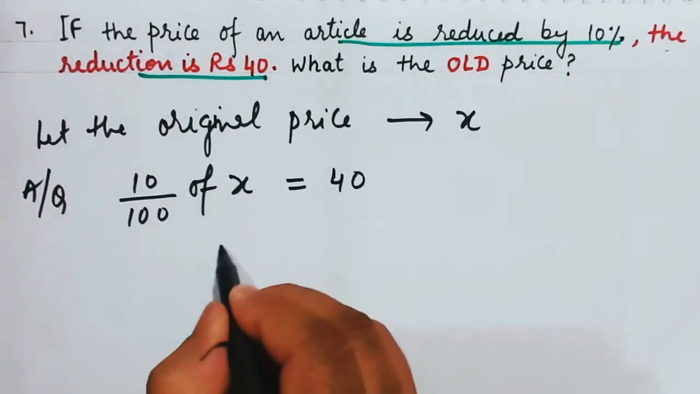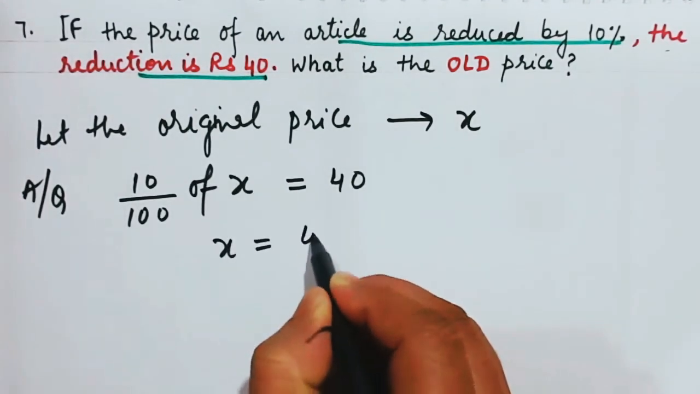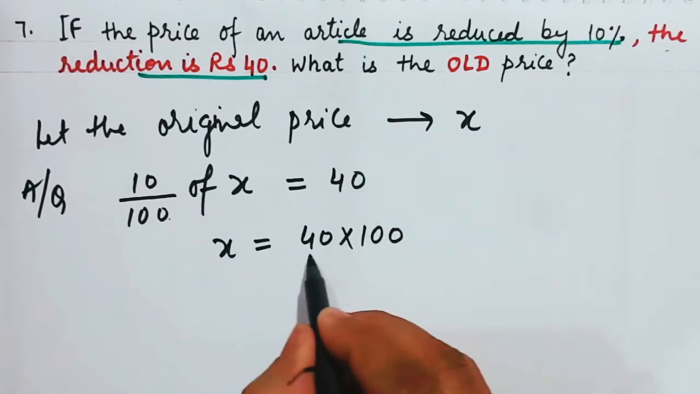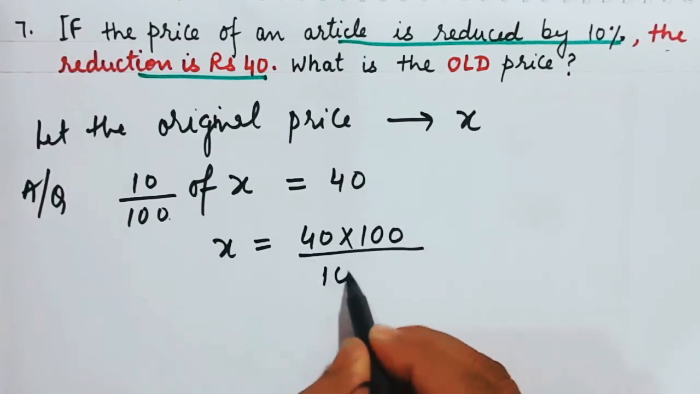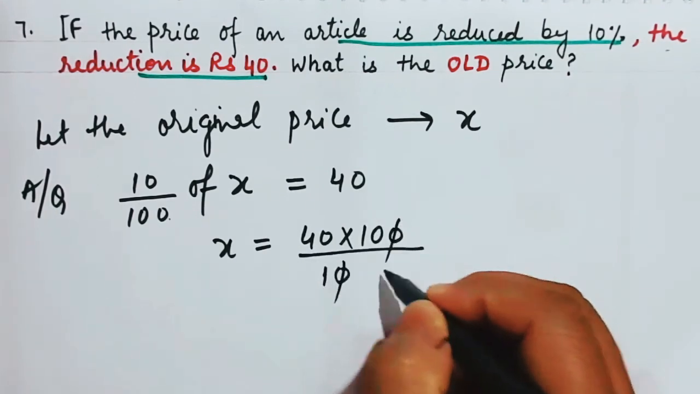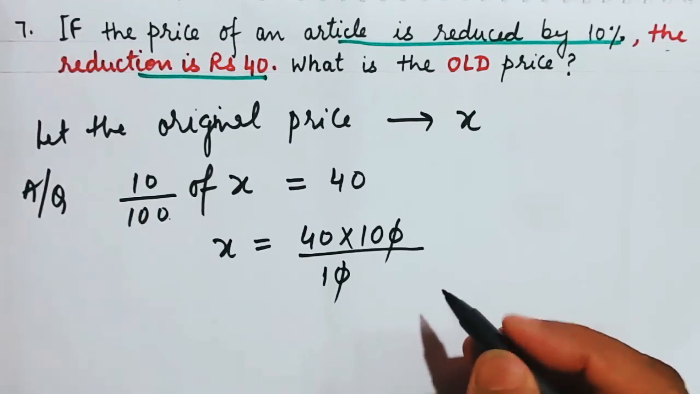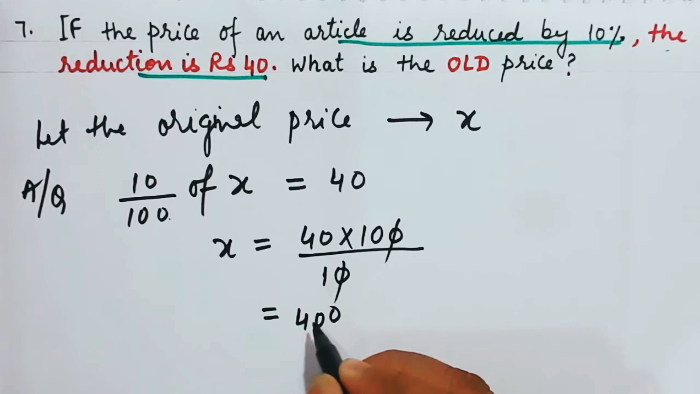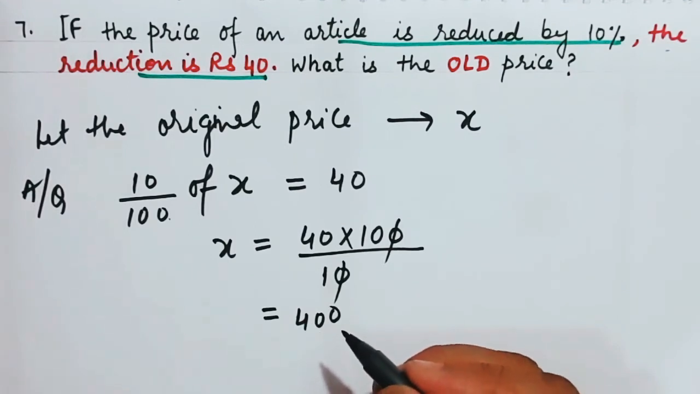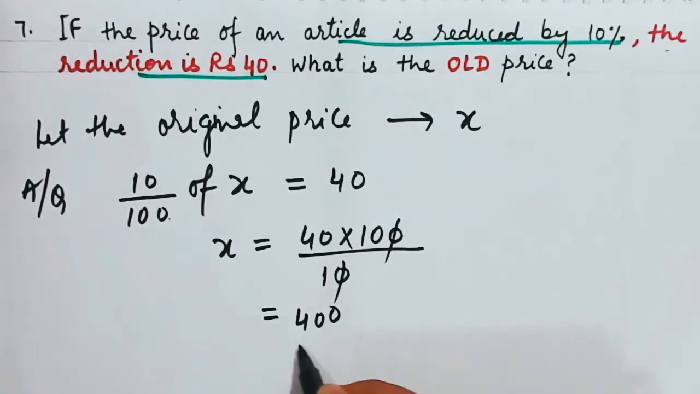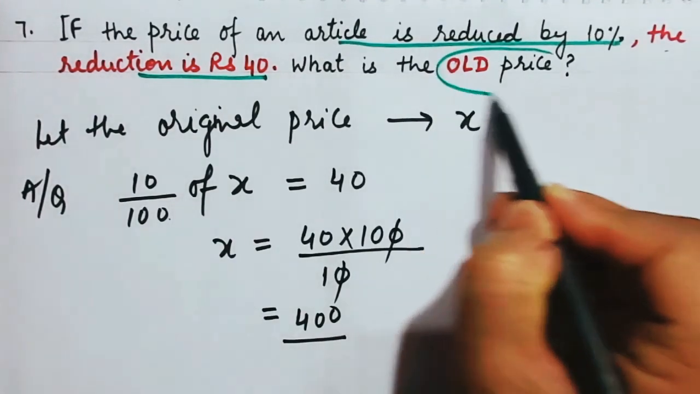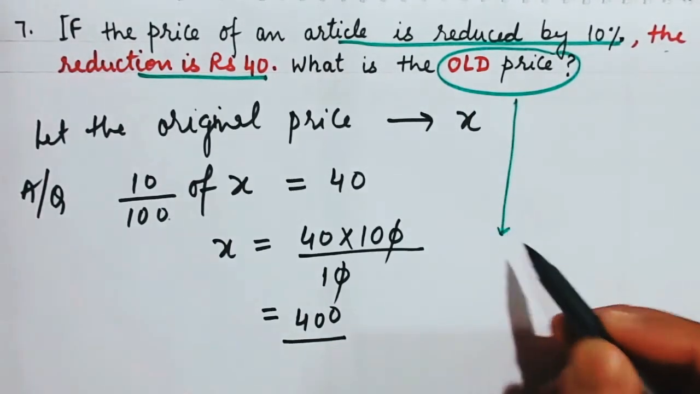So what is the value of X? The value of X will be equal to 40 times 100. This will go up, divided by 10. This gets cancelled. You can cancel over here also. It doesn't matter. It is equal to 400. Now, since you are being asked the old price, so this old price is your original price,